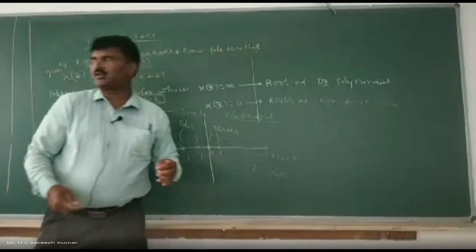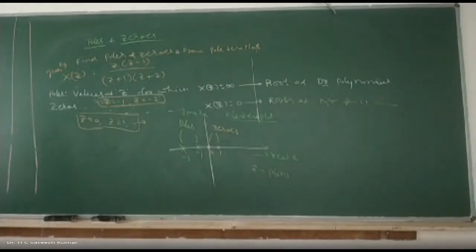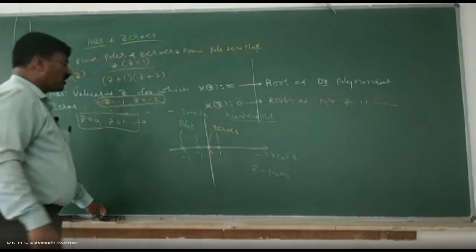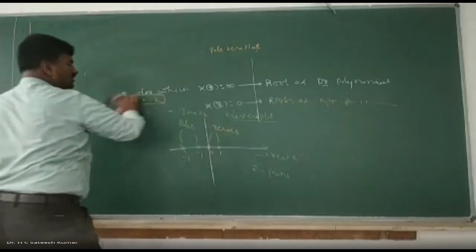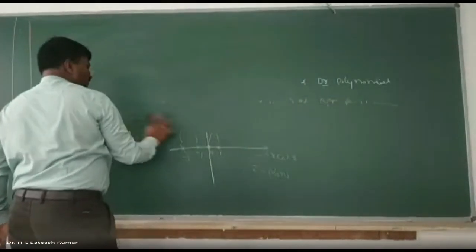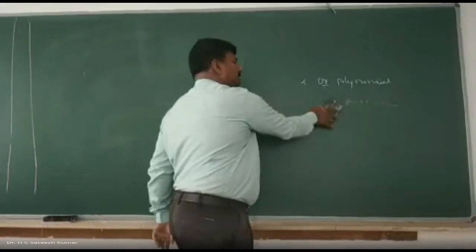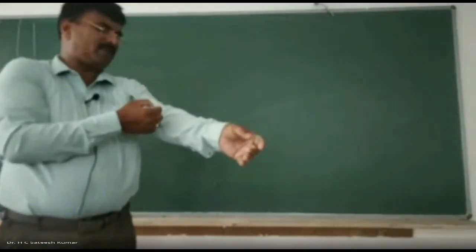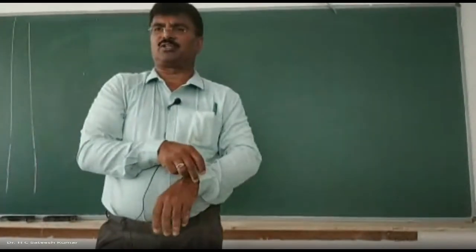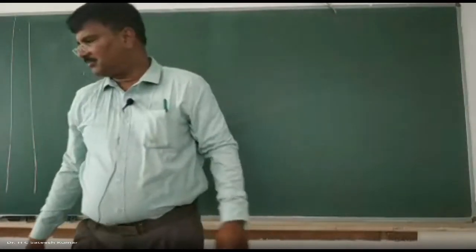So this is another important concept. Pole zero plot, poles and zeros, the meaning and definition are very, very important. Poles are the values of z for which X of z is infinity, and zeros are the values of z for which X of z is equal to 0. That is a very important concept in z transformation. Once you understand this concept, the rest is only problems on it. Very easy concept. So that's all about the basic theory required to understand the z transformation. Now I'll start with the problems.